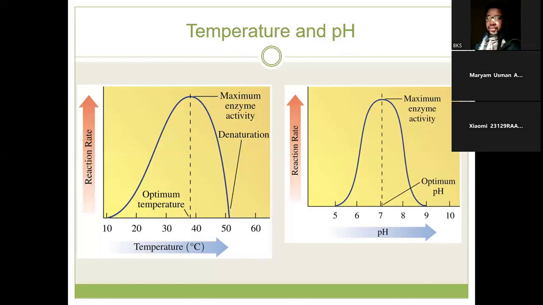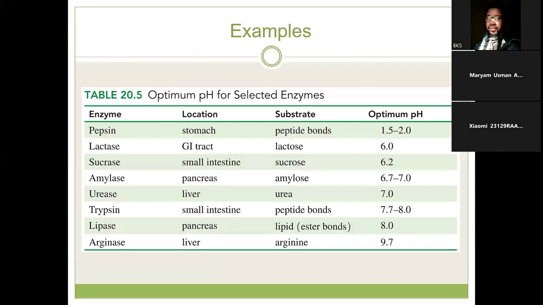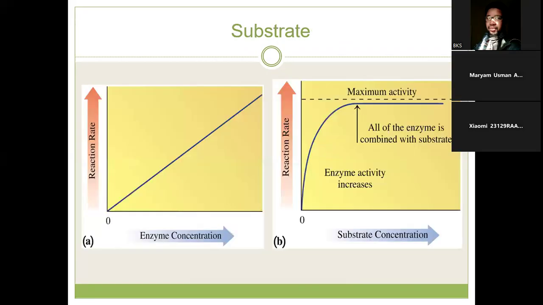So the same thing also applies with regard to pH. Extreme pH is bad, either alkaline or acidic pH. Enzymes function at a specific pH, even though you can have some enzymes like pepsin being optimum at acidic pH, and you can have an arginase found in the liver being optimum at basic pH. So also with regard to the concentration, as the concentration increases, the activity of the enzyme increases, unless